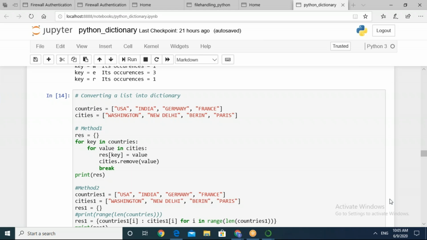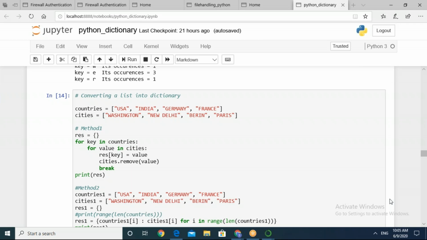In this particular for loop, what is happening when we take up the next key-value? Let's say after USA, we go to the next entry in the dictionary, that is India. In this entry, again, my second list is taken from the beginning. Because of this, every time it is appending Washington as the value in the dictionary.